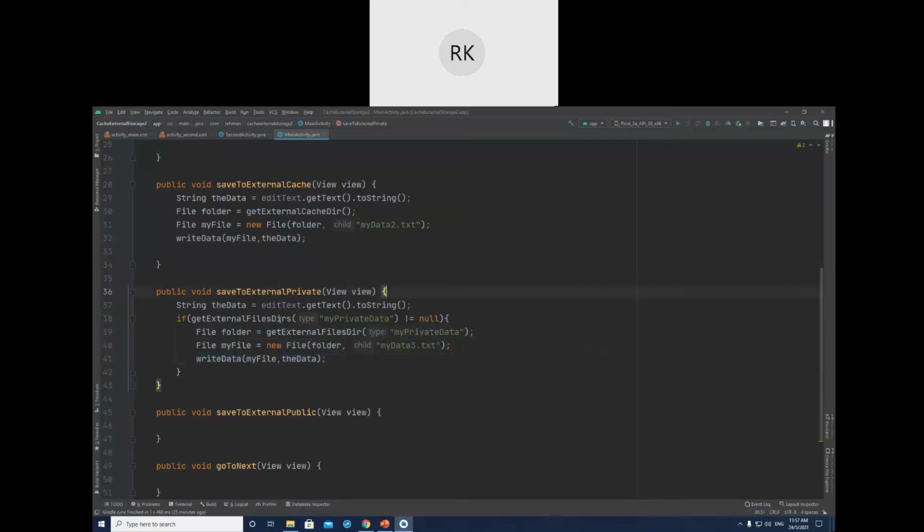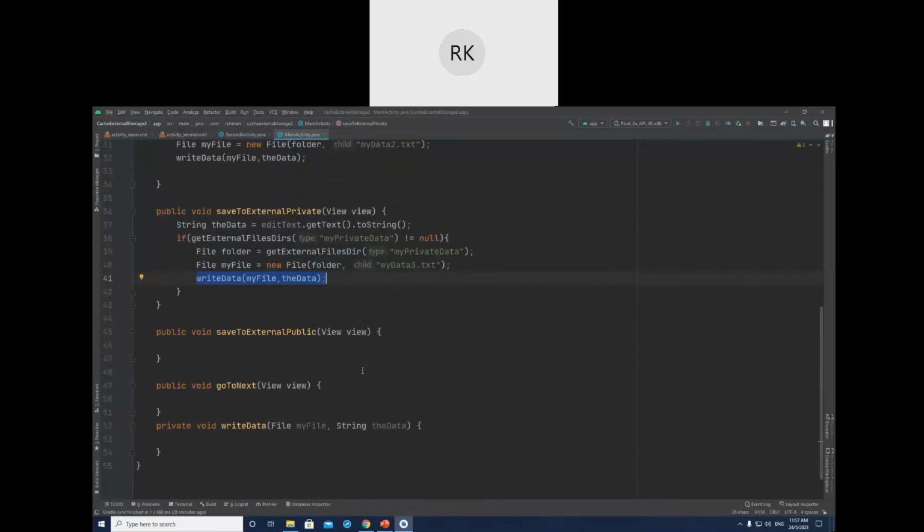Okay, the only difference in this one is that I want to check if this one is available, so we'll check the accessibility. If this one is not available, then it will be created. If this folder is accessible, then create a link to this and a file inside this and write data inside this.